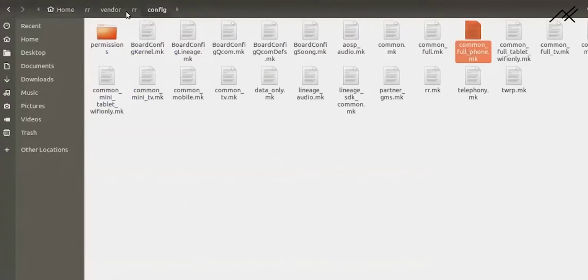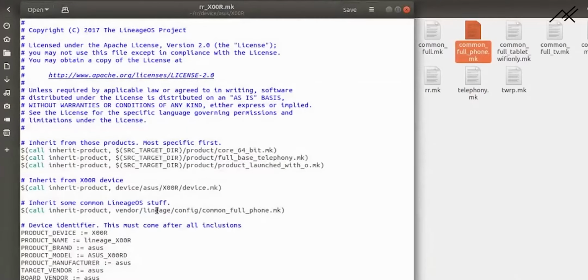So it is in RR, not in lineage, so I need to change it to RR. Instead of lineage we need to put RR, the device. So this one will help us put the build command, so you can change it to RR, and I am just saving, Control S.